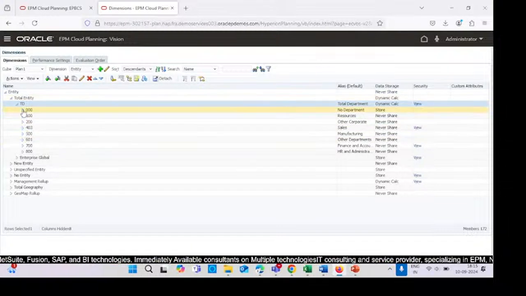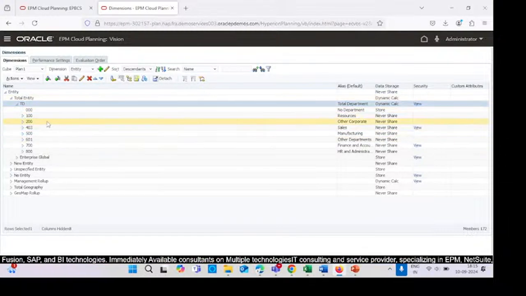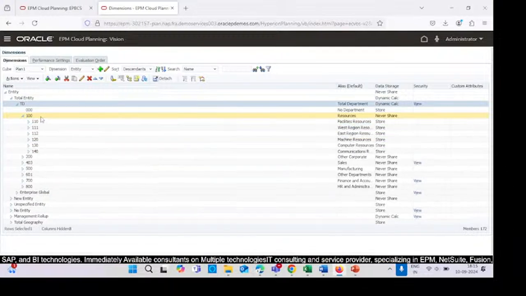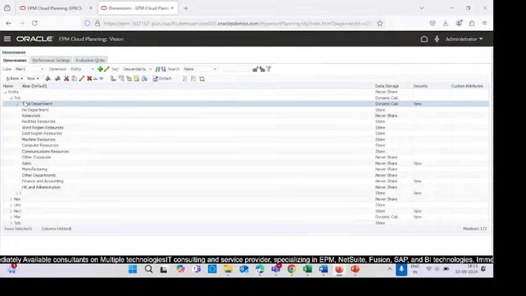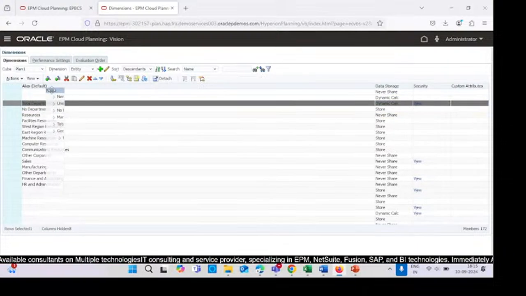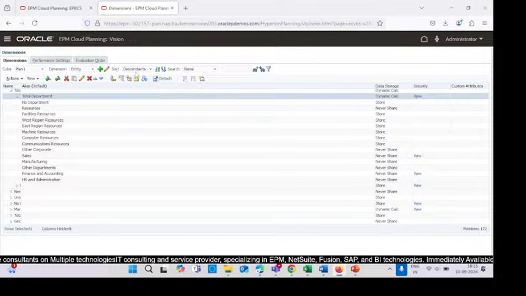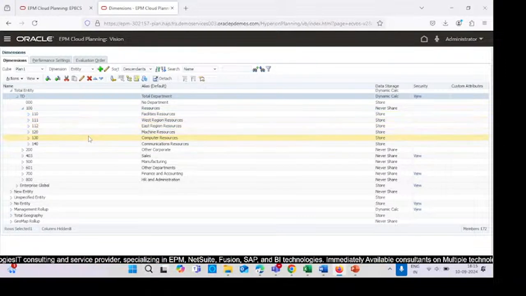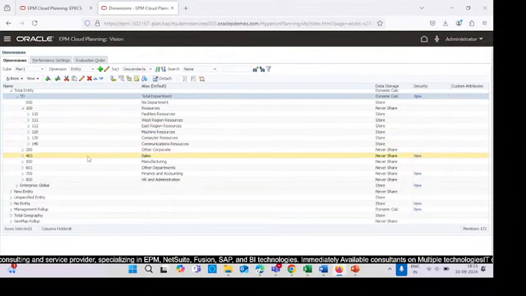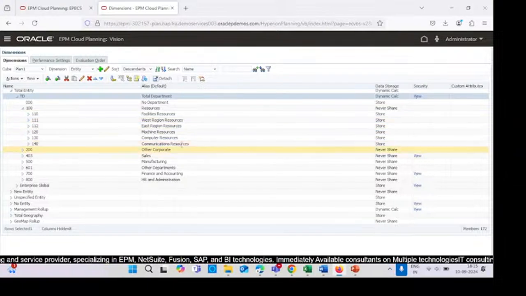Departments, and under this is a no department 000, and when you click here on 100, this is a resources entity. So under that, when you expand this, we have some more entities together. Okay, let me just make it clear. So 110 is for facilities resources, 111 is for west region resources, and so on. Okay, now we'll just move towards the